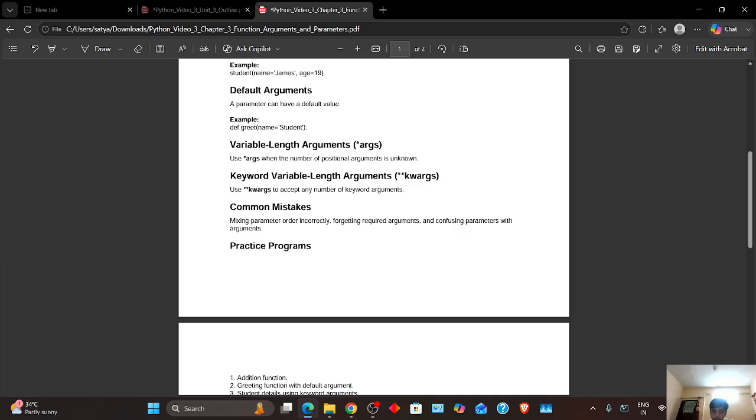double star keyword arguments. So use double star keyword arguments to accept any number of keyword arguments. So double star keyword arguments accept multiple keyword arguments. That is,